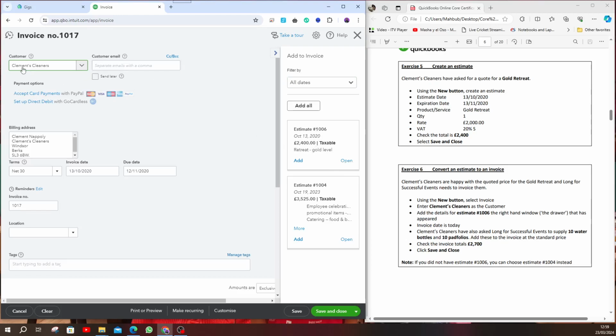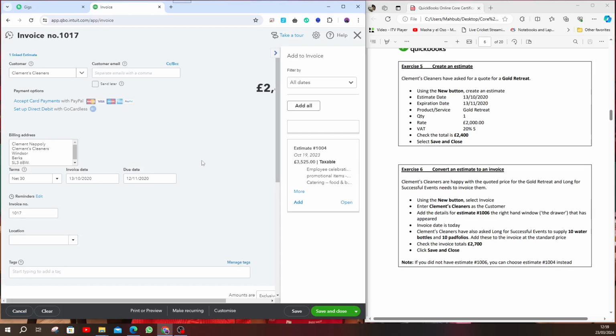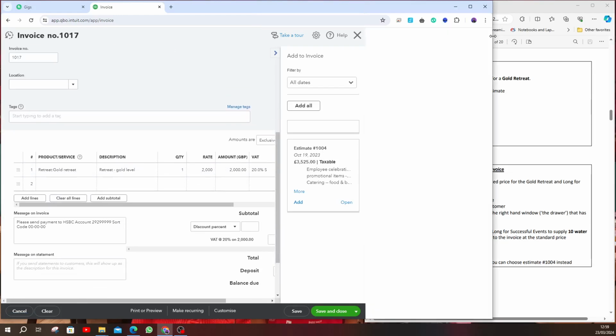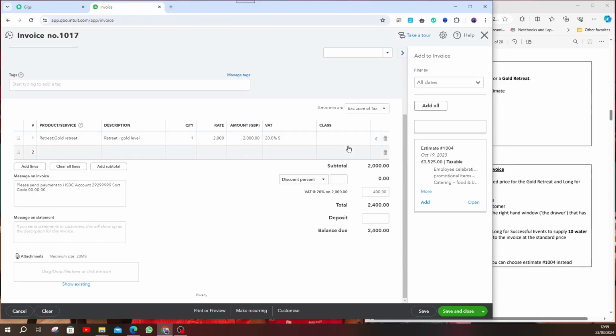Okay, we click on the new estimation invoice, then choose the customer. On the right hand side you can see all the estimations came up. Now what it says, enter the Clement customer, add the details for estimation 6. Yeah, this is 106. We click on add, so it will be linked with this as well. If we click a little bit bigger window, let's see. Yeah,